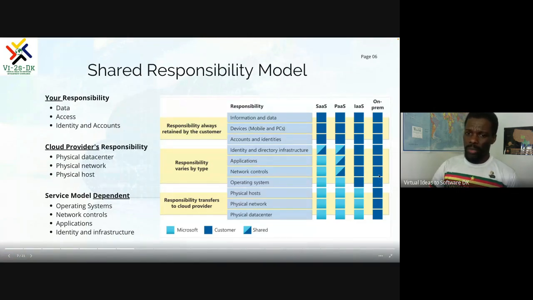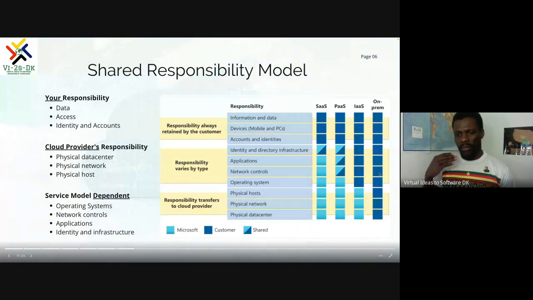It's also your job to make sure the network is being controlled. You have firewalls and all whatnot to take care of your network access. You also want to be the one to create your own applications that are going to be used at work, and so on and so forth. Everything, you have control over everything with on-premises. But with the shared responsibility model, when you decide to go on the cloud, you start breaking out of having full control. Depending on if you're using